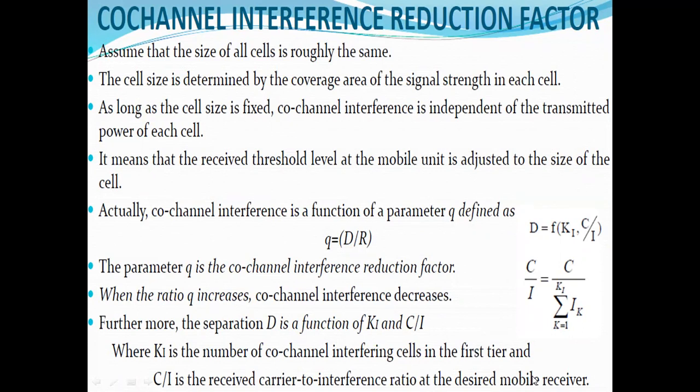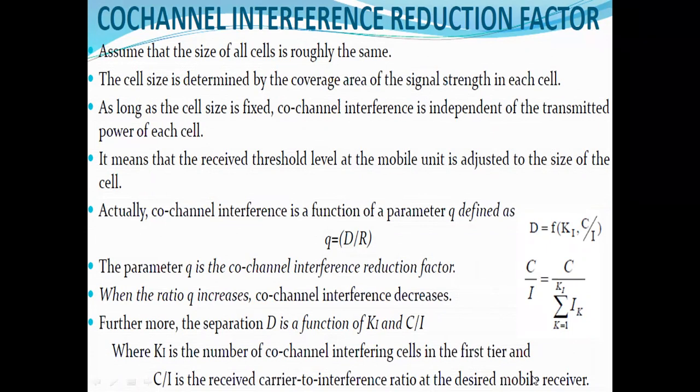For that, a short derivation is there. We assume that the size of each co-channel cell, or adjacent channel cell, is roughly the same in any area, and we can determine the cell size